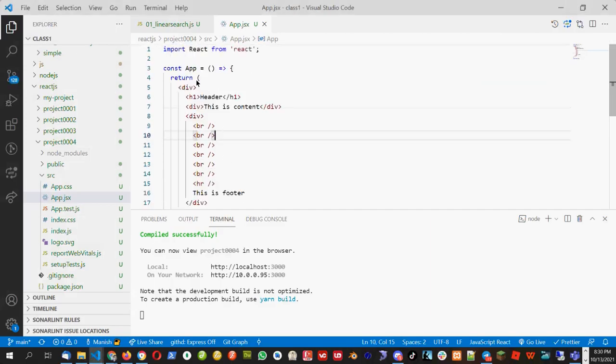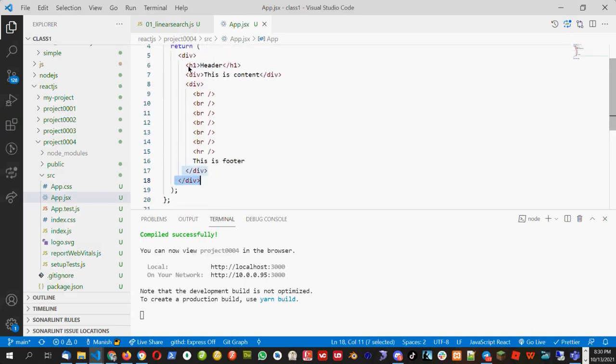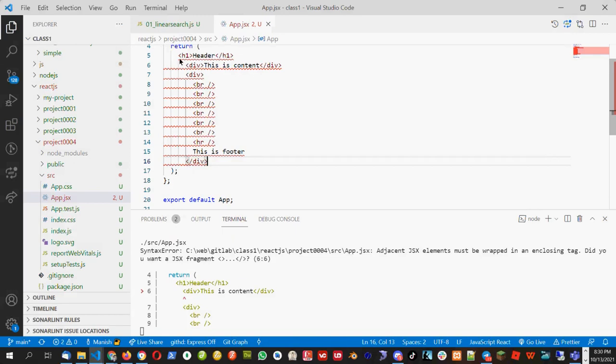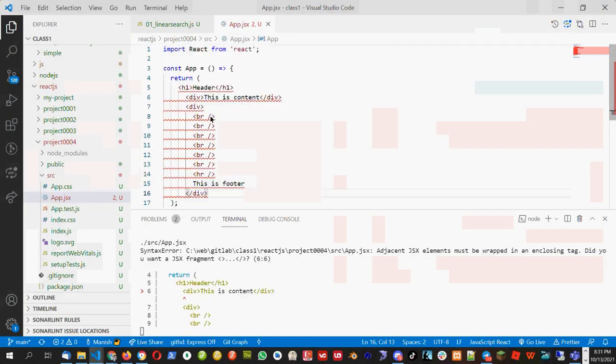So if you see, this is the one common div here. Okay, and we have all the child divs inside it. What will happen if I remove this common div and only put the small child divs? Let's check that. So I put all the divs here, but I removed the main common div, so it will be giving me the error. Because whenever we create the JSX